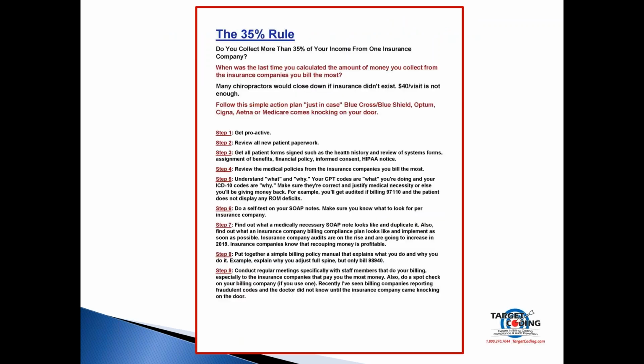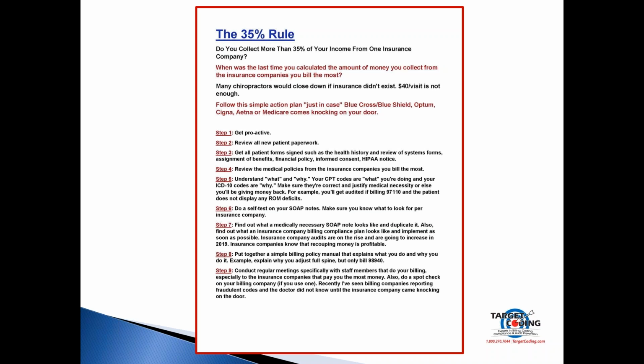All right, just a few closing comments here. Now, I like to call it the 35% rule. Do you collect more than 35% of your income from one insurance company? When was the last time you calculated the amount of money you collect from the insurance companies you bill the most? $40 per visit is just not enough. So I have a little action plan here, just in case Blue Cross Blue Shield, Aetna, Cigna, Medicare comes knocking